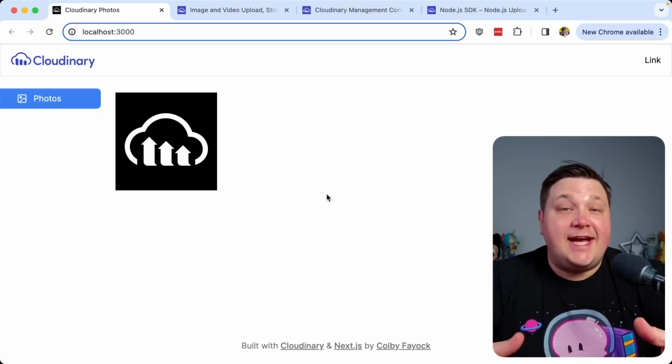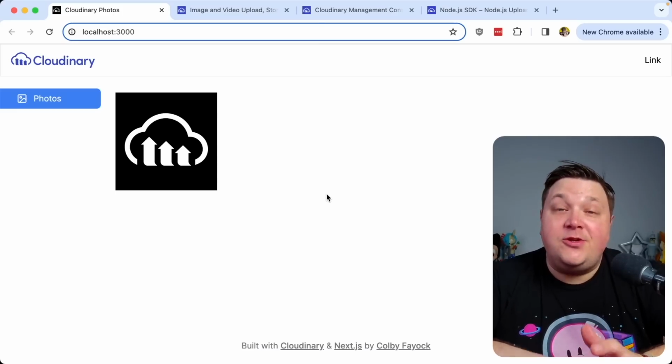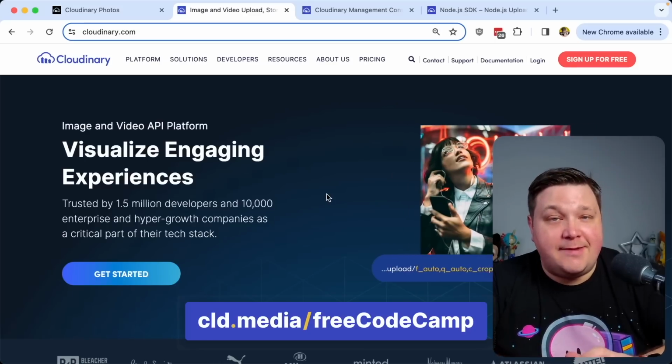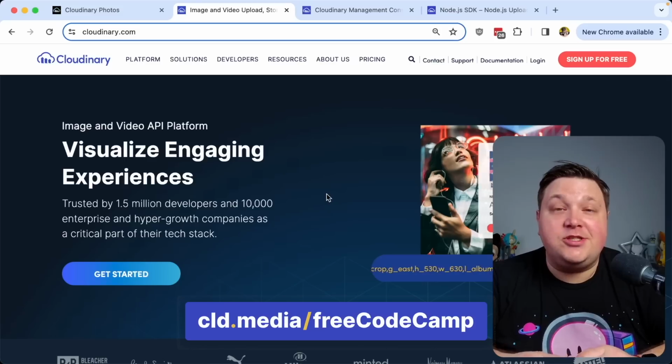Now, once we're ready to actually start building the project, the first thing we want to do is list out our images. Now, in order to do this, of course, you need a Cloudinary account. So head over to cloudinary.com and sign up for free. If you want to get 3 bonus credits for your free account, make sure you head over to